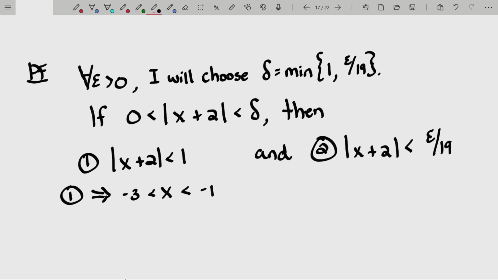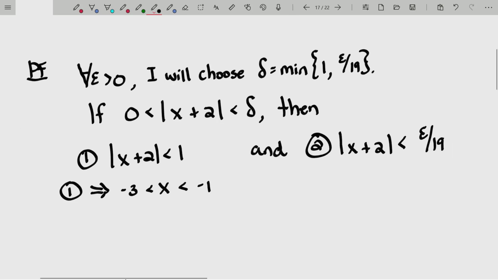Again, we're allowing x to approach -2, and in this first case, that distance is less than 1, so x must be between -3 and -1. And they kind of nod their head, okay. You say, well,